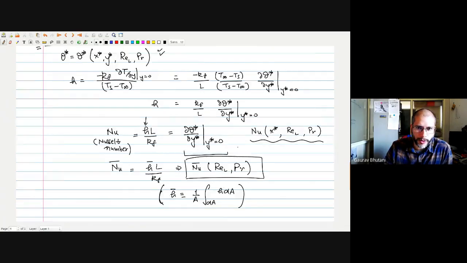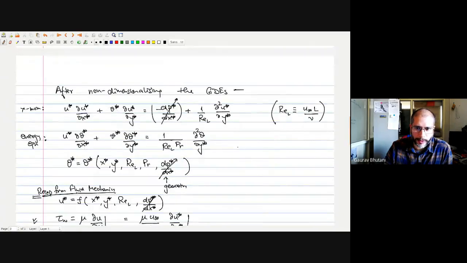So what we'll do now, in the next lecture, is try to solve this equation, that is the energy equation. But what we'll see is that this energy equation, which we are solving for theta star, the unknown here is theta star. The theta star depends on our u star and v star. Okay, so that means that we have to have the solution of the x and y momentum equations, so that we know the values of u star and v star.